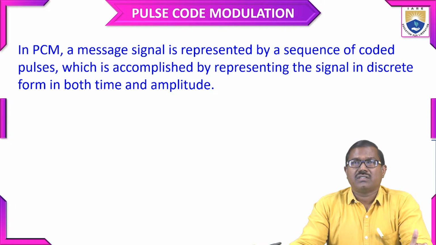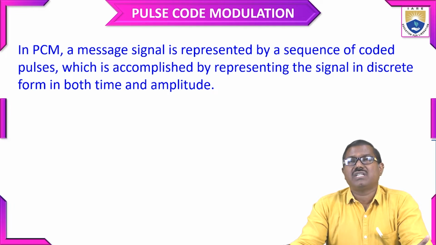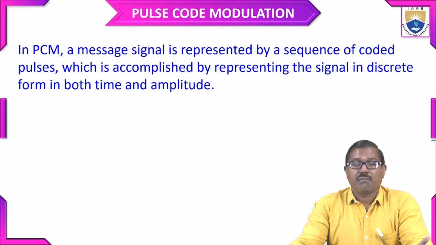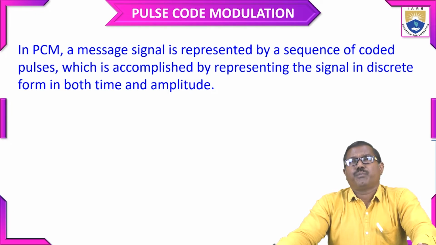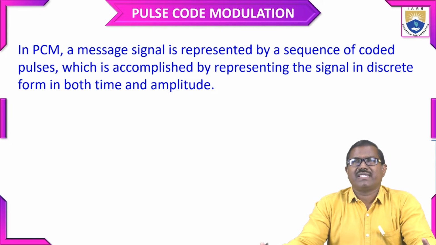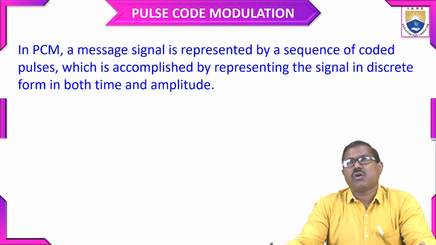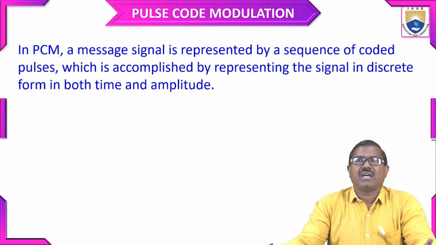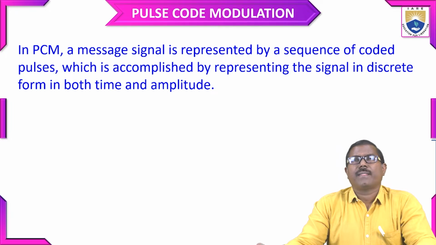Like that, the advancement in technology is moving. But the first one is pulse code modulation. So in PCM, how is the signal going to be represented, and how does the digital come from that analog signal? In PCM, a message signal is represented by a sequence of coded pulses, which is accomplished by